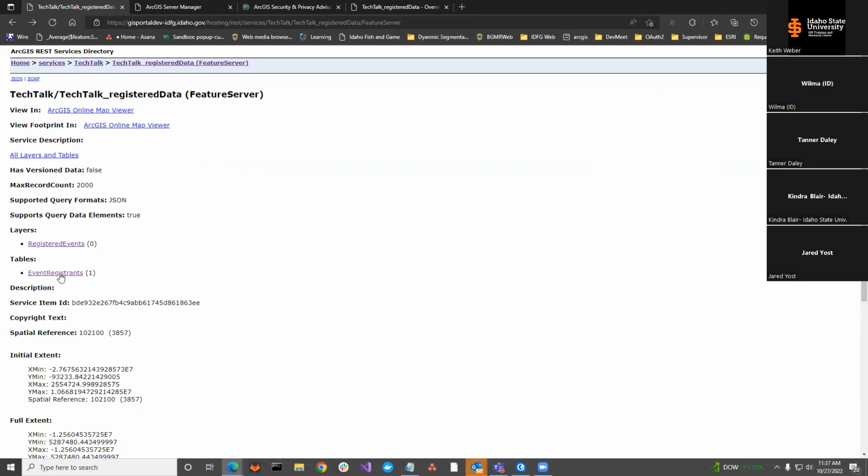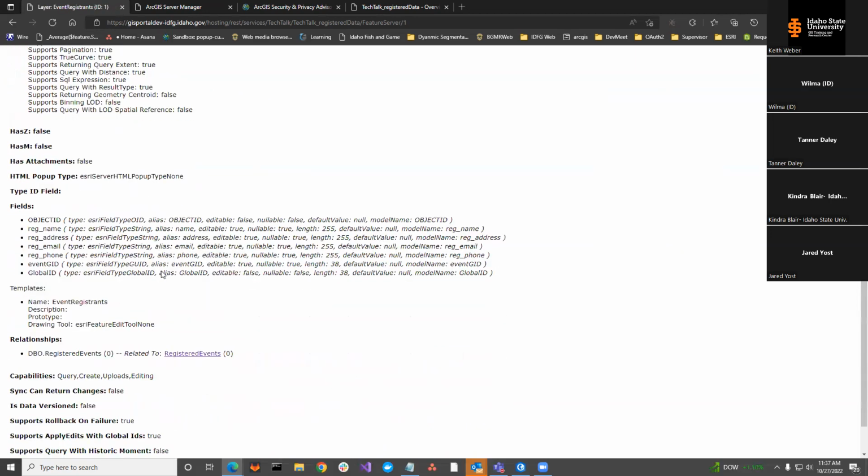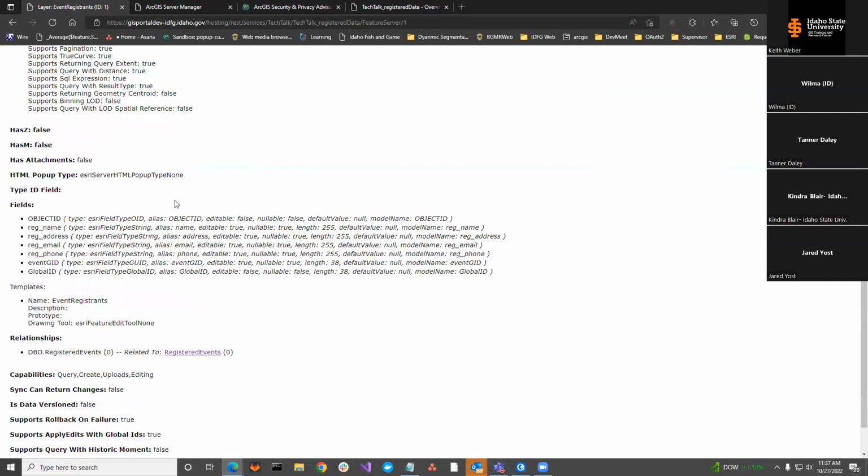And if we look at the attributes for this service, we have things like name, address, email, and phone number, personally identifiable information that we wouldn't necessarily want to be exposing to the public. So in this scenario, we have a public-facing survey that anonymous users are going to be submitting PII through. And as the GIS service administrator, I need to make sure that this data is secure and not available to